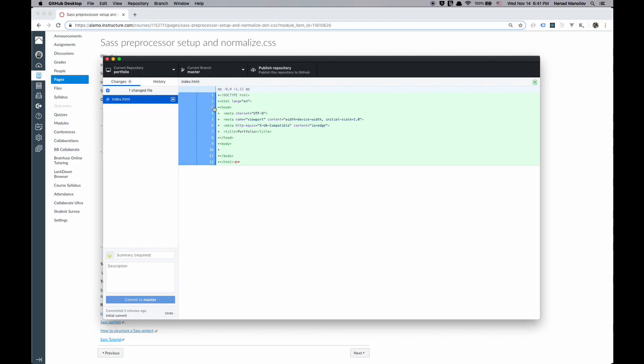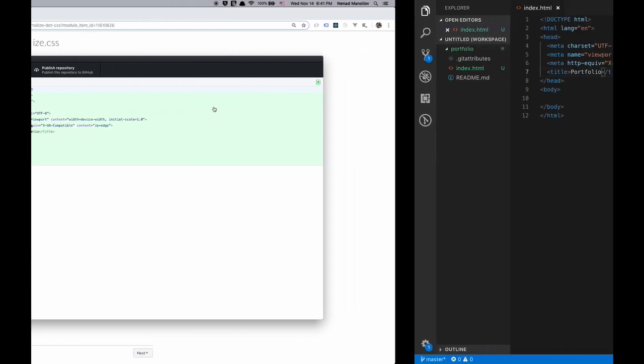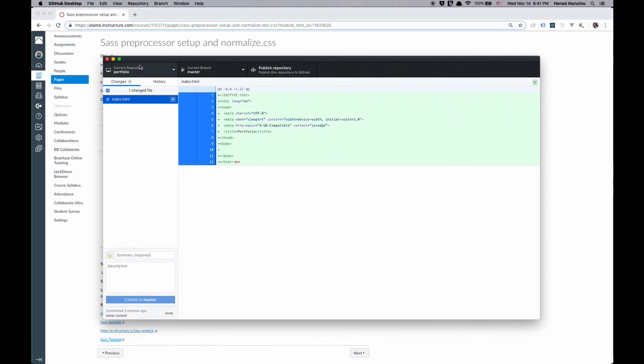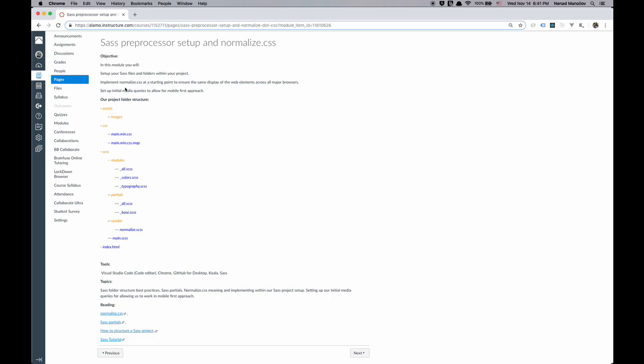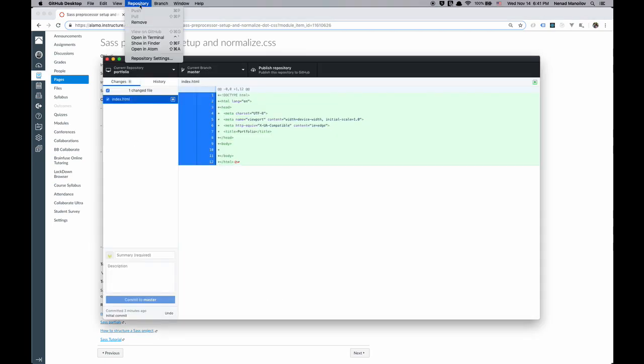And is that because you put the .git attributes? That's because I created it originally. When I clicked create new repository, I started the whole process here, right? Let me see, where is it? Oops, sorry. So if I go here to new repository, that's what I did earlier. And as soon as I created that folder as repository, this software will track everything I do inside that folder,